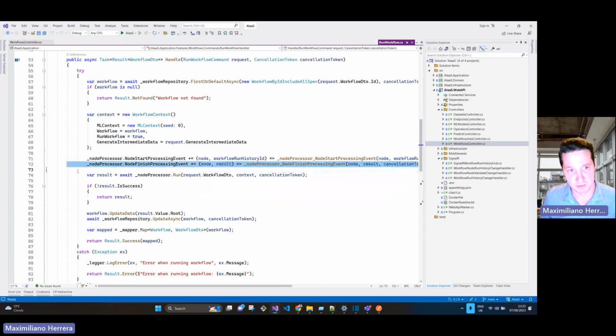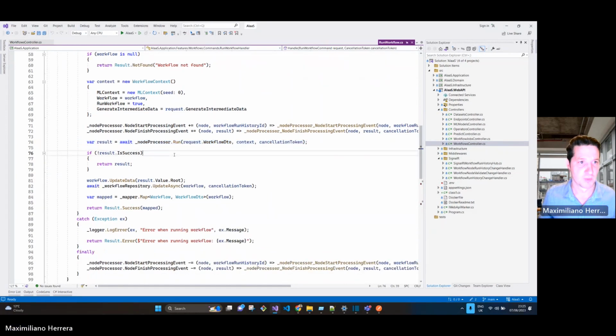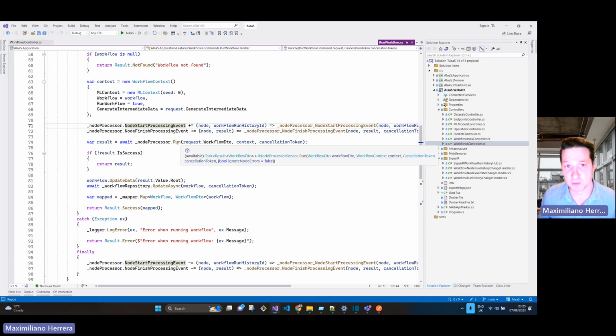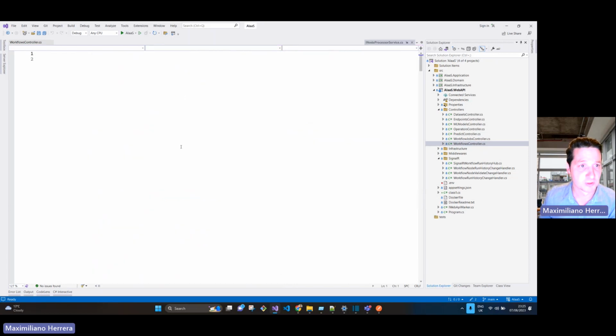Also, I run the workflow in here in the handler. And also I am attaching to events because, as I commented before, I am sending to WebSocket to notify the UI. So if I go to the run processor,